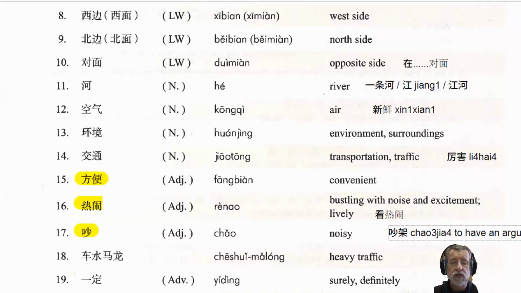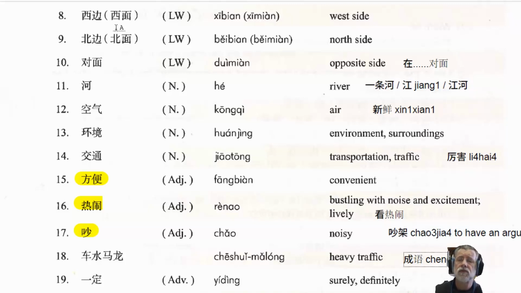Now we go on to another. So those two, 热闹 and 吵, are both adjectives describing the characteristics of some place or some situation. Now we have a 4-character expression, which is called in Chinese a 成语. 成语. Chengyus are, I guess we sometimes call them proverbs in English. Really what they are is sort of fixed expressions, generally made up of 4 characters.